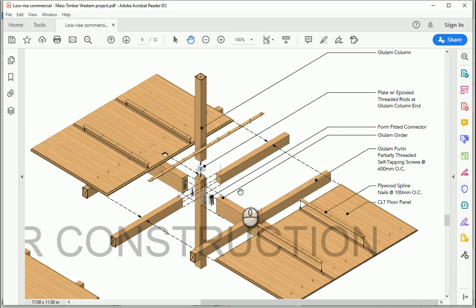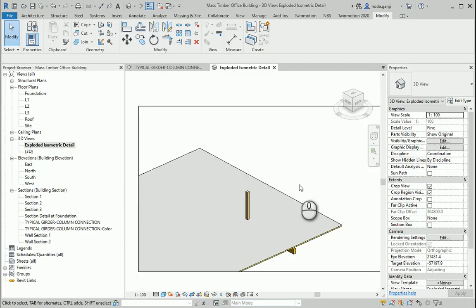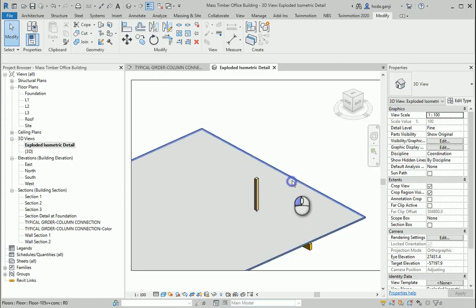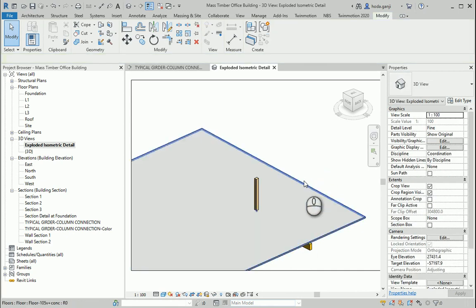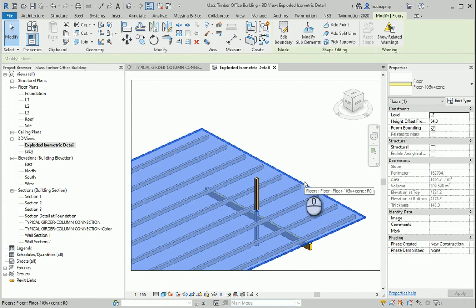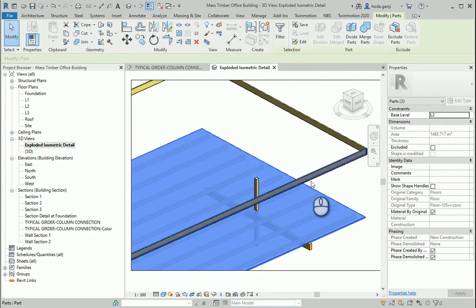Also, as you see in this view, it's showing only the structural elements, the wood parts and the connections, right? You see in this view we also have the floor, which is made out of the wood and the concrete, but maybe it's better to just not show the concrete in this view. In this case, I want to use this item, create parts, right?